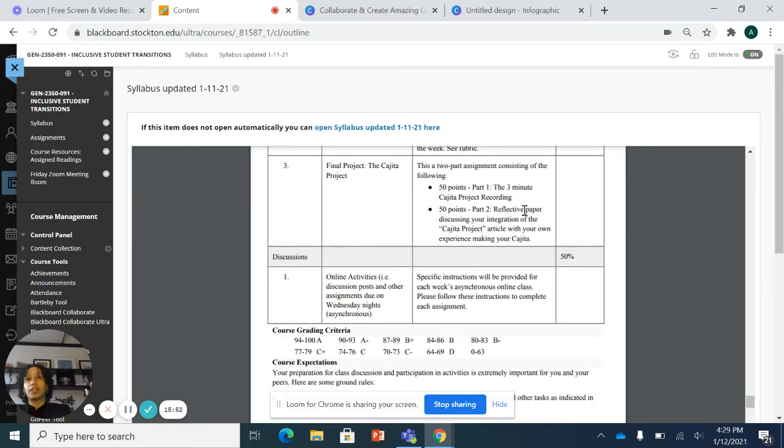This project is meant to strengthen your presentation skills, your creativity skills, but also it's a reflective activity that'll help you be a stronger staff and professional for student affairs. Every Cajita represents my family.